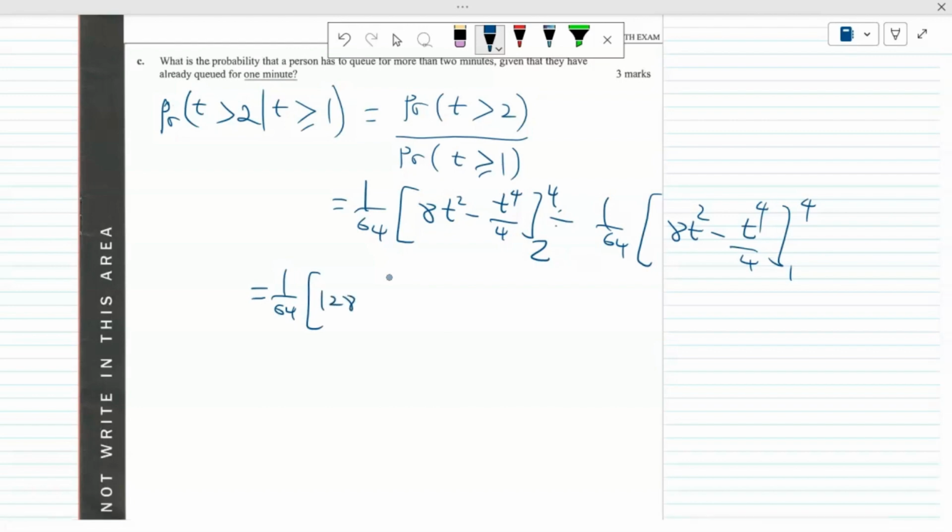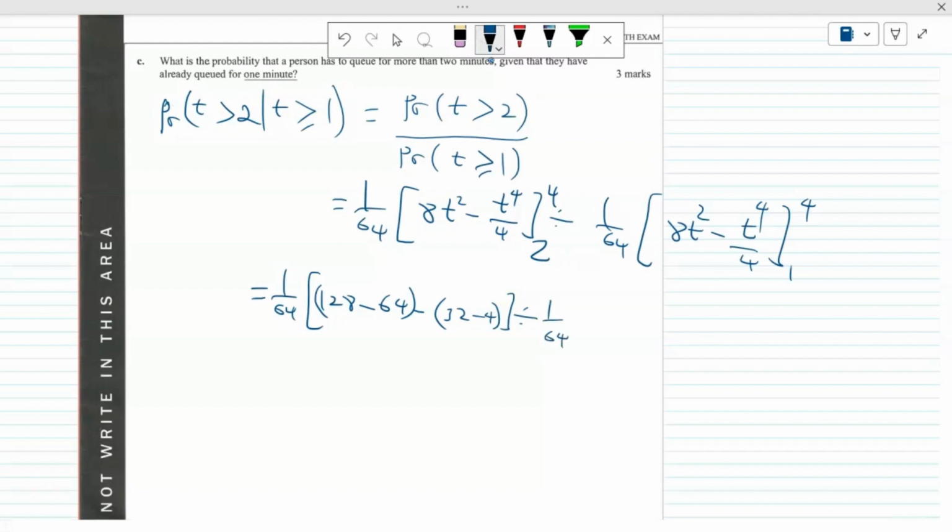If I substitute 4, that's going to be 16, and 16 times 8 is 128. So that's going to be 64, that bit there, minus the lower bound. The lower bound will be 32 minus, well, what is that? 2 to the power of 4 is 16, over 4 is 4, so that's 28, isn't it? That bit there, divided by